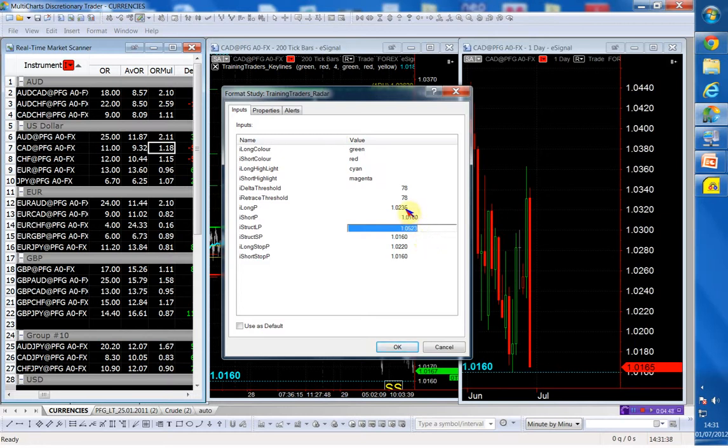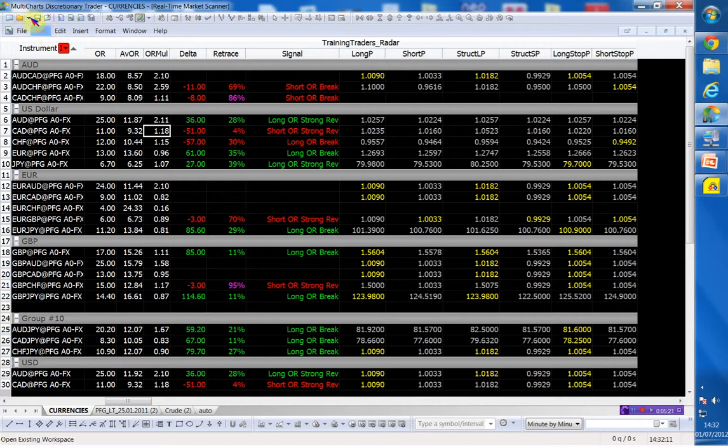Okay, so the dollar CAD, we're buying it above 102.35. If we do, our stop is only 15 pips away at 102.20. A structural long point is the 105.23, and we are only going to go short when it takes out the low of the day and the structural short point, which is the 101.60, and that's going to be our short entry, our structural short point, and our short stop. Okay, let me save that and